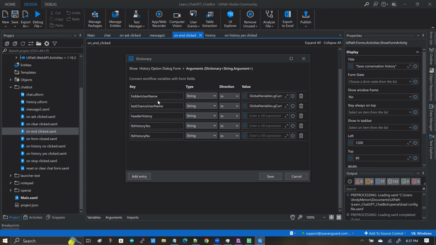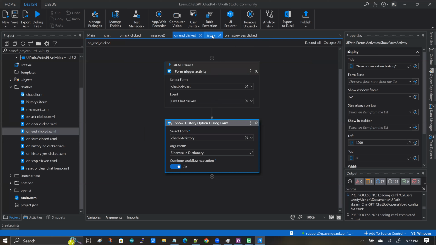There are a couple of things that I want to cover when it comes to this hidden username. Now imagine that you have not put in your topic key. That means this global variable's current username will have the default value u. And both these values will be passed into these two controls. Now, if I switch to the history form,